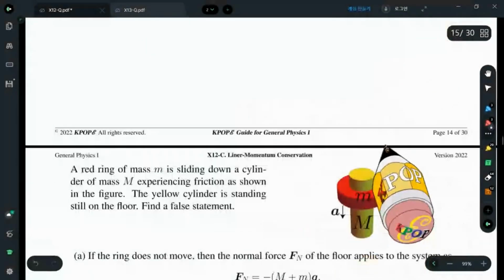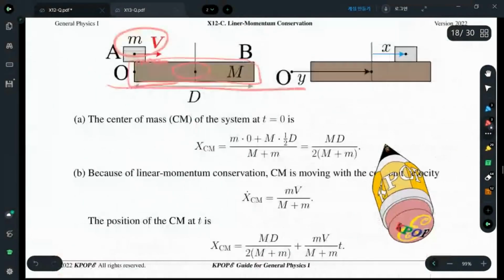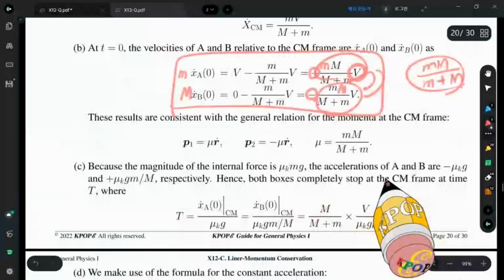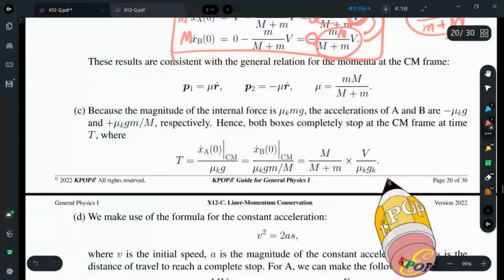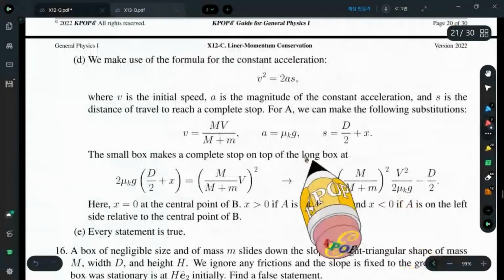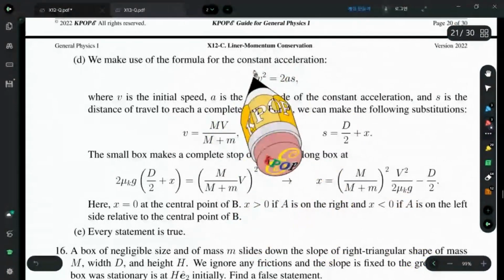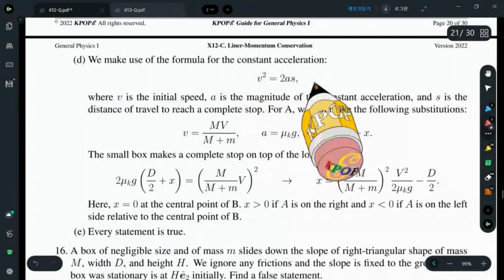So if you can solve this problem, you have understood the total linear momentum conservation completely. And the formulas I use to solve these problems are very trivial ones we learned in the early stage of this